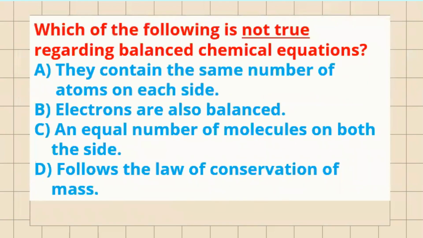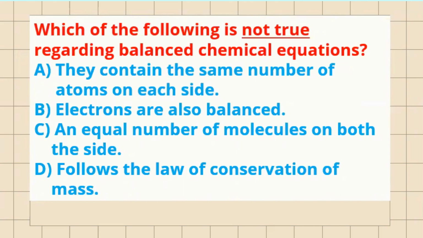Okay, which of the following is not true regarding balanced chemical equations? A, they contain the same number of atoms on each side. B, electrons are also balanced. C, an equal number of molecules on both the sides. D, follows the law of conservation of mass. Okay, a balanced chemical equation